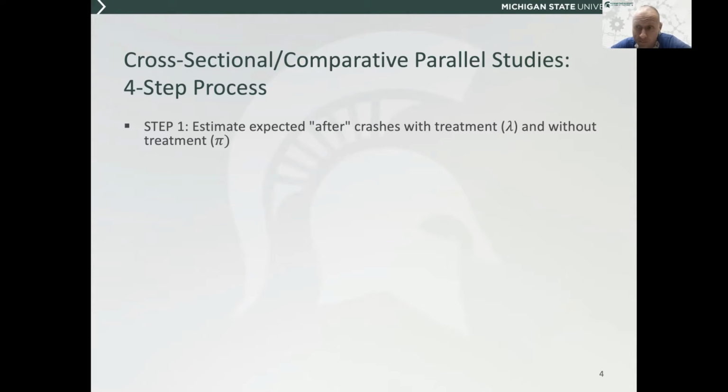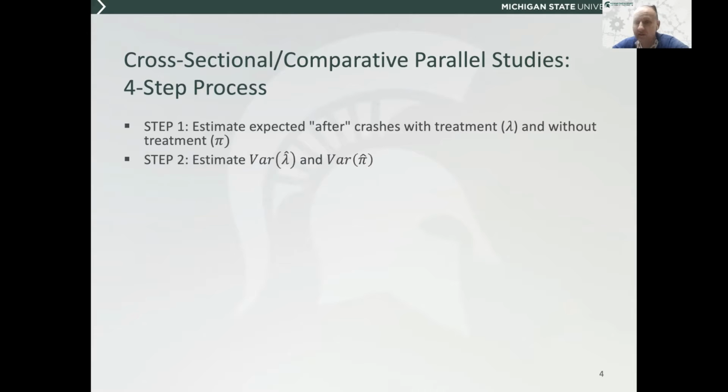Now, we'll want to be careful that these control sites are as similar in concept as possible, with the only principal difference being the treatment sites have that specific countermeasure or treatment of interest applied, and the control sites do not, but everything else is as closely matched as possible in terms of things like traffic volume, segment length, geometric characteristics, etc. Okay? And so if we have estimates of the expected number of crashes at both of those sets